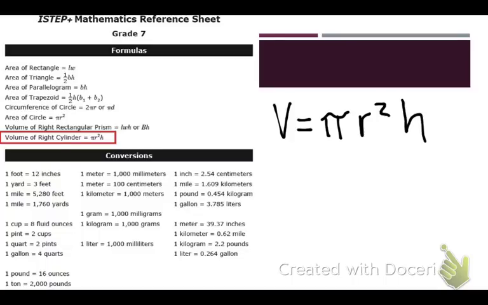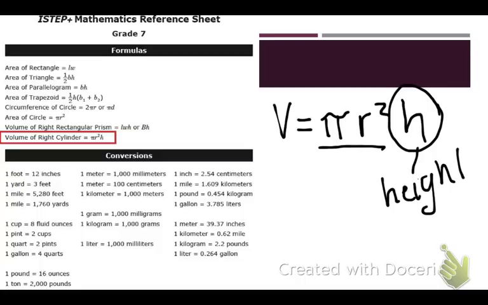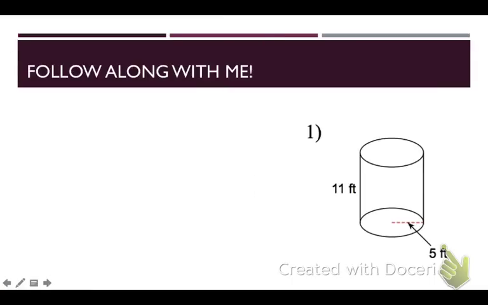If you notice, we already know how to do pi r squared. That's the area of a circle. So now we're just adding this h, and that stands for height. All right. So if we look at our very first example,